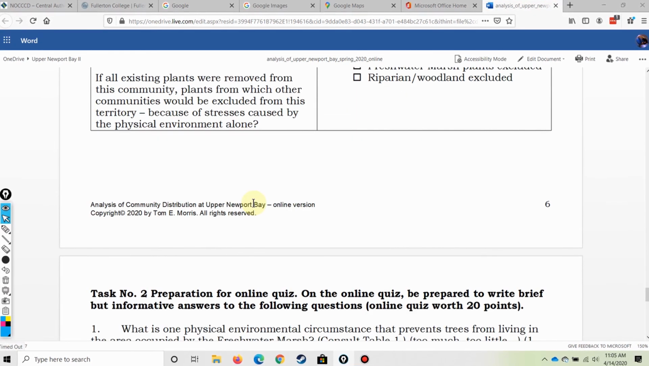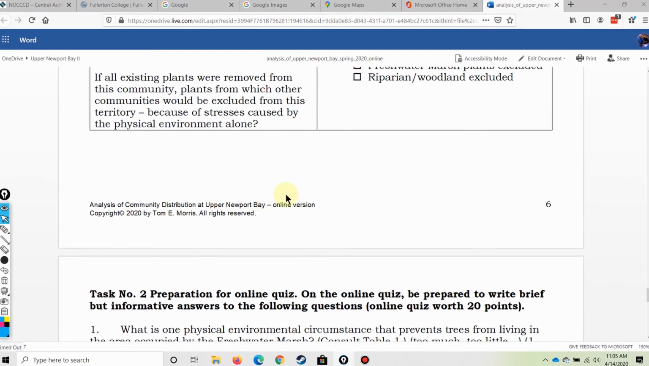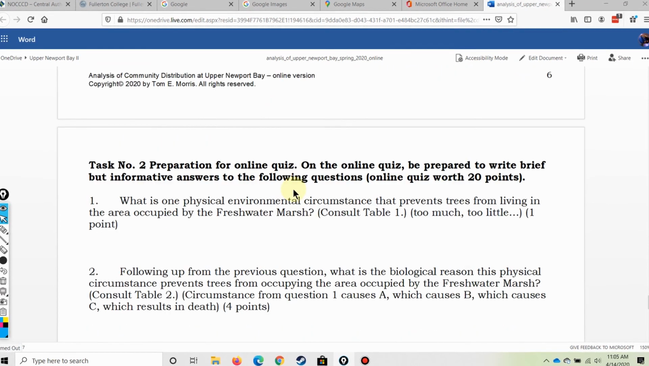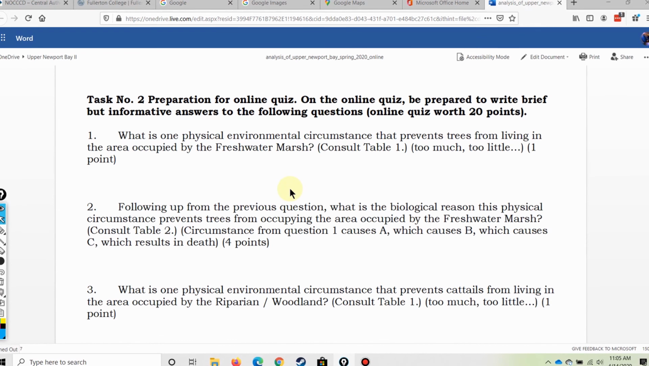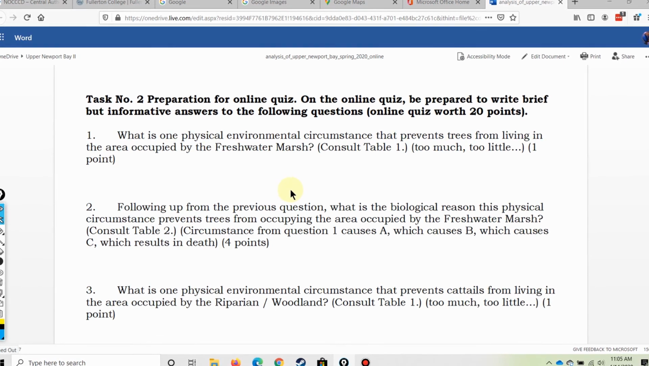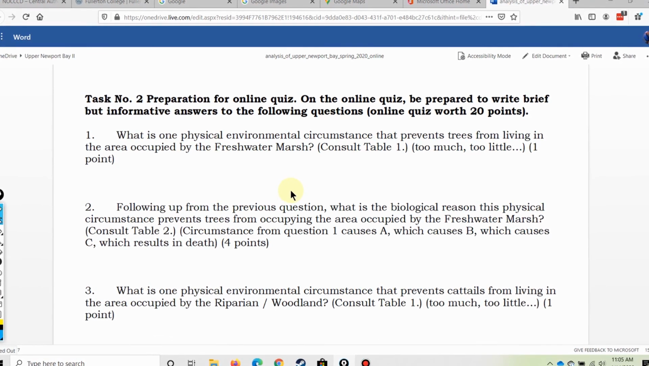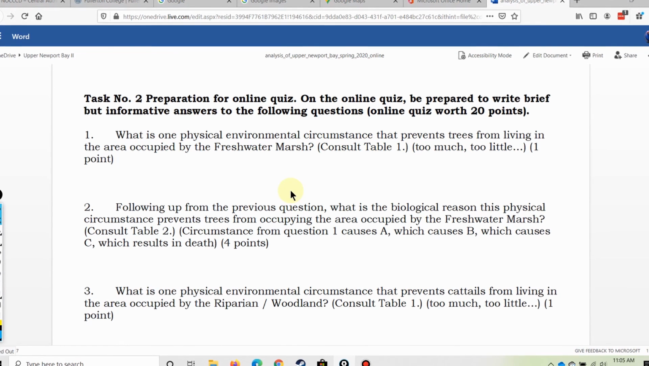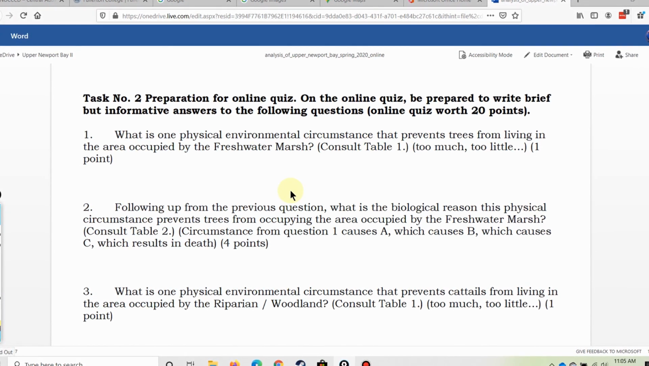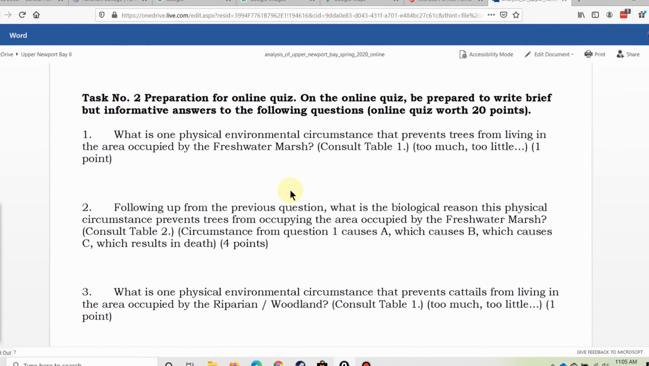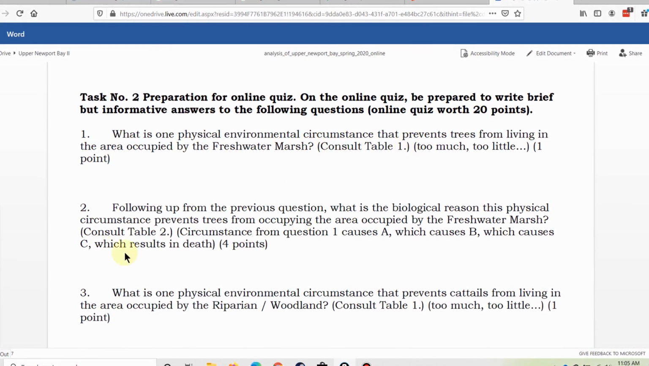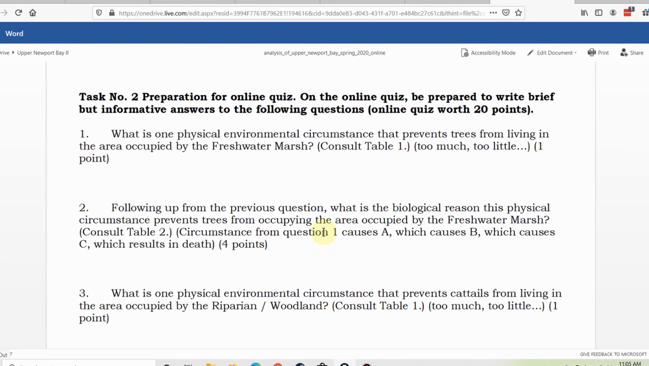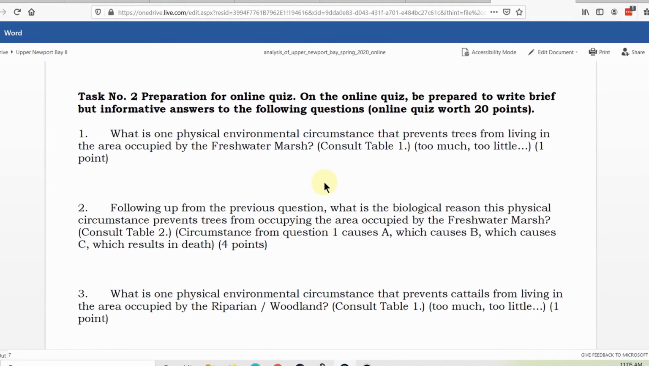So that gives you sort of an idea of how to approach this activity. It's going to be helpful for you to do some review from the previous activity we did at Upper Newport Bay. Consult your notes, then consult the information in Table 1 and the information in Table 2 and jot down